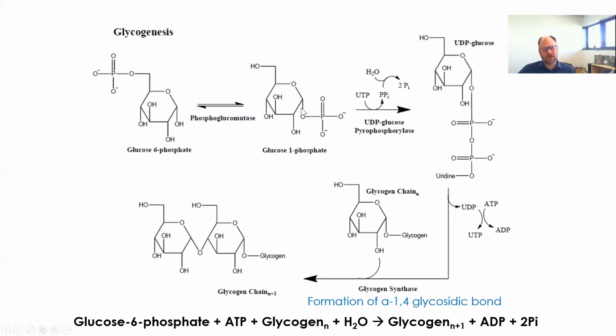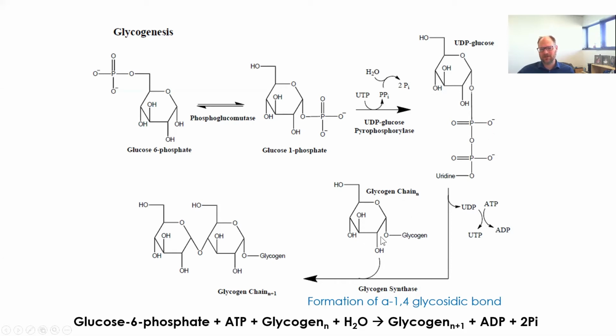So this molecule then engages in one additional step where it reacts with UTP. UTP, uridine triphosphate, is very similar to adenosine triphosphate and can be used in some biosynthetic reactions. The thing about this one is it actually releases pyrophosphate. So two phosphates go into making this, so two ATP equivalents. So it's a very significant energy commitment step. We're already starting with a phosphorylated intermediate, and then we add the equivalent of two additional phosphates. So 3 ATP have gone into the making of this UDP glucose. Okay, and at that point, this molecule is ready for